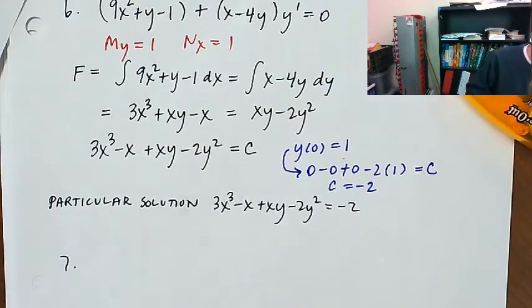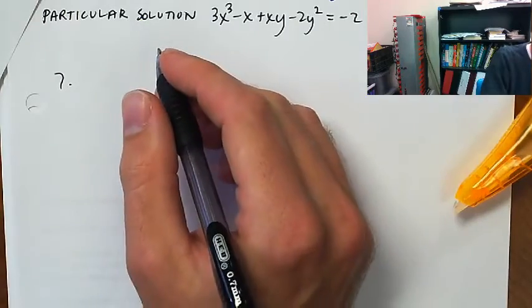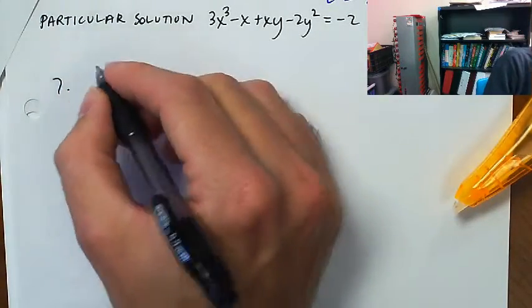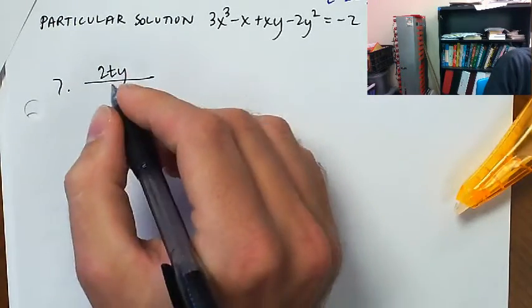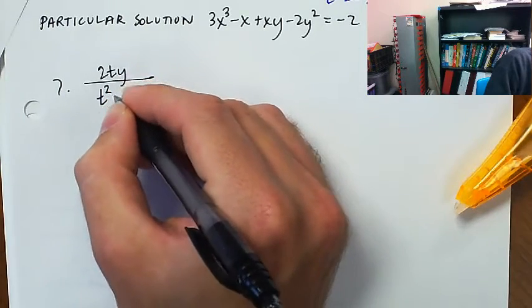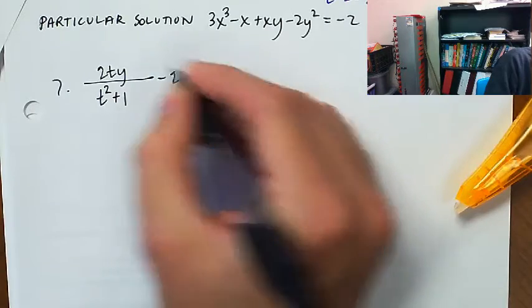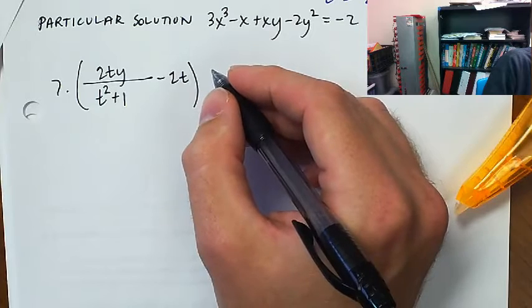All right, now the last one I've got for you is number 7. Oh, now this one looks like it's got some excitement. So 2ty, I may end up regretting putting this one on the problem set. So divided by t squared plus 1 minus 2t minus,